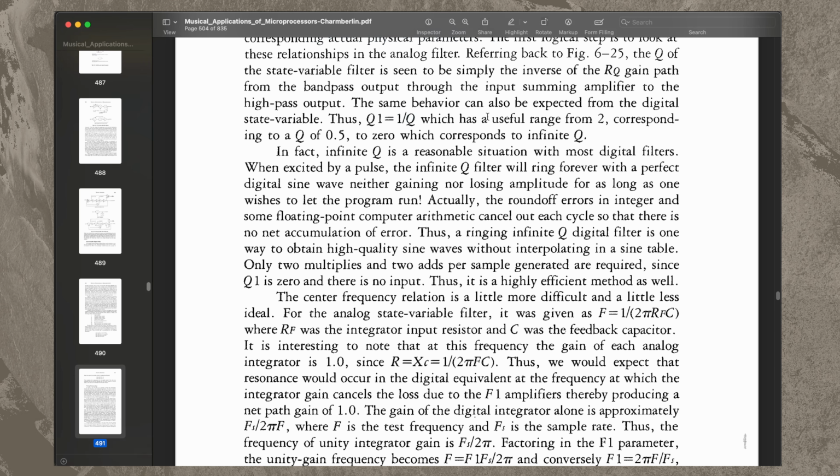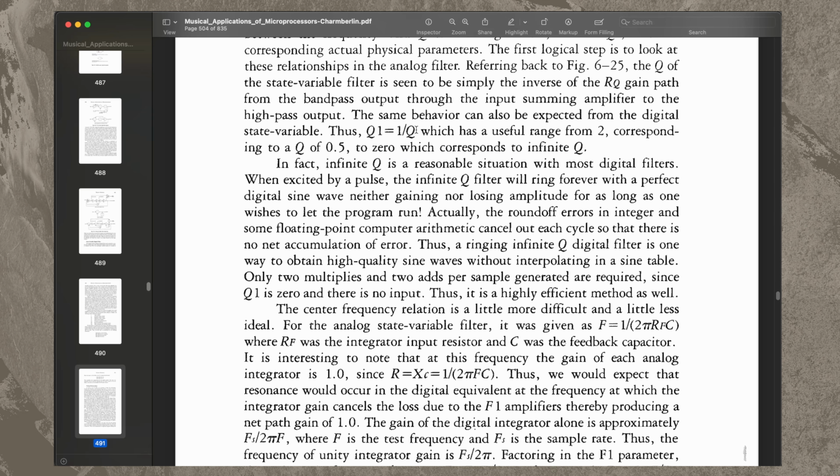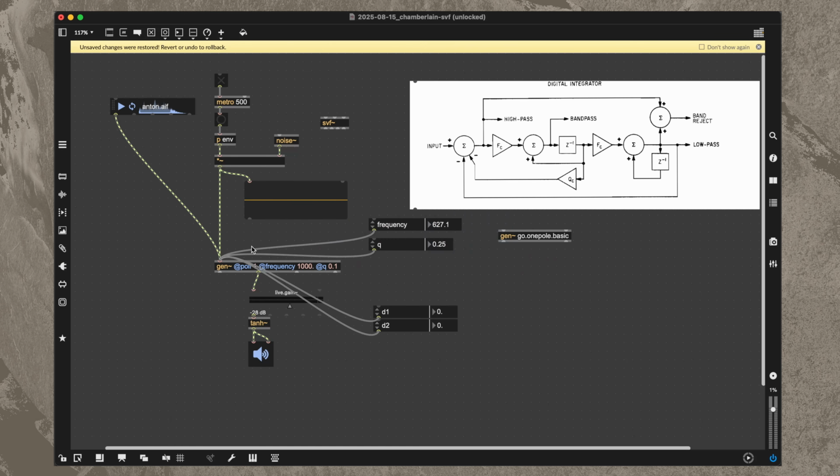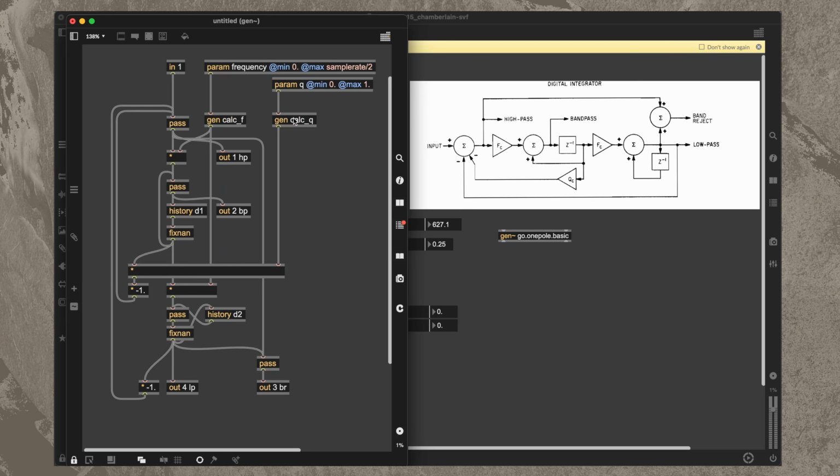Q1 equals 1 over Q, which has a useful range from 2, corresponding to a Q of 0.5, to 0, which corresponds to infinite Q. So Q is the parameter that we control. Q1 is the input to the algorithm. So if we go back to Jen here,